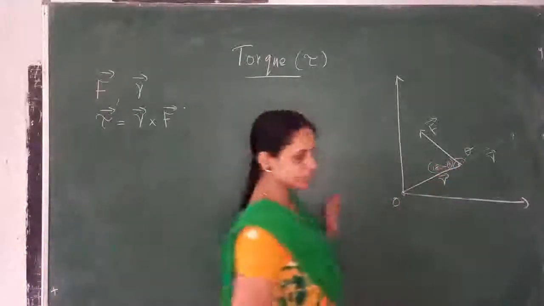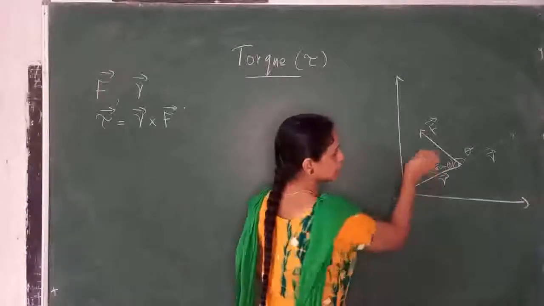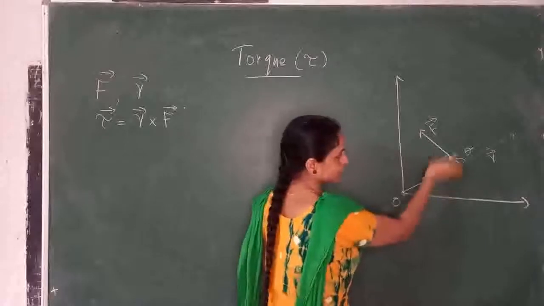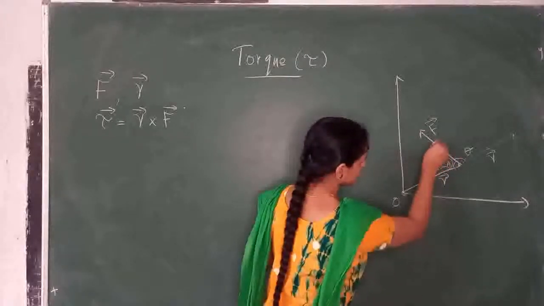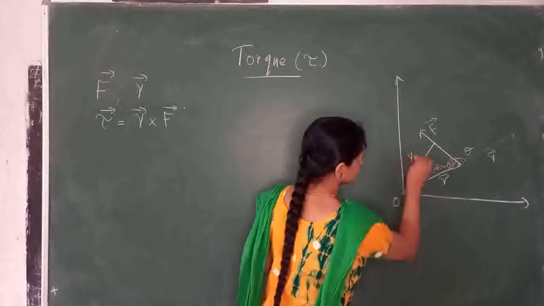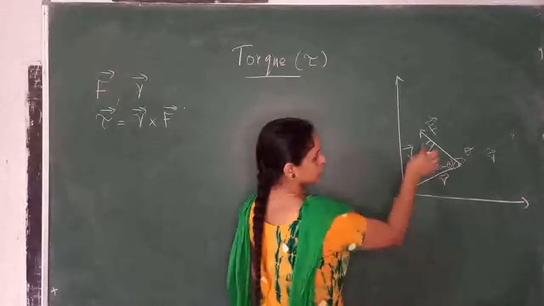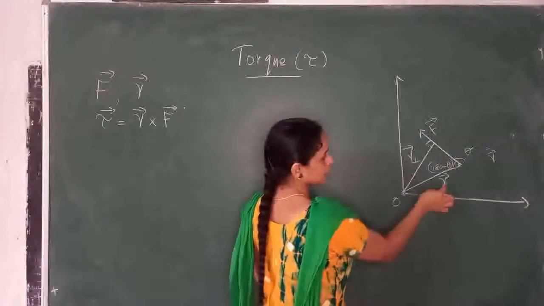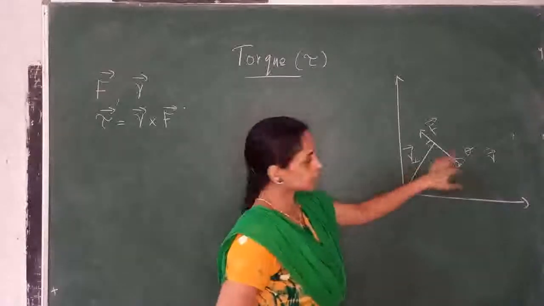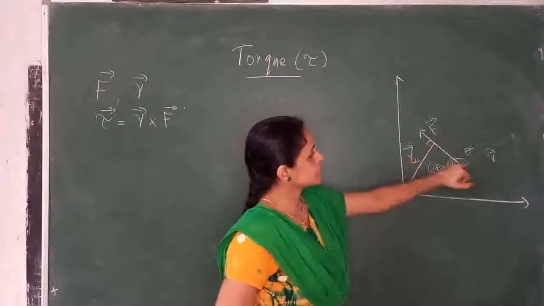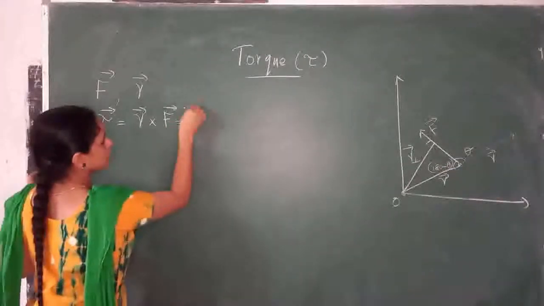So the first method, you can see that we are drawing R perpendicular towards the F vector. From here we can draw R perpendicular. This is 90 degrees. So this is R perpendicular, and this angle is 180 minus theta. What is the torque here? R cross F, sin theta. So which is equal to